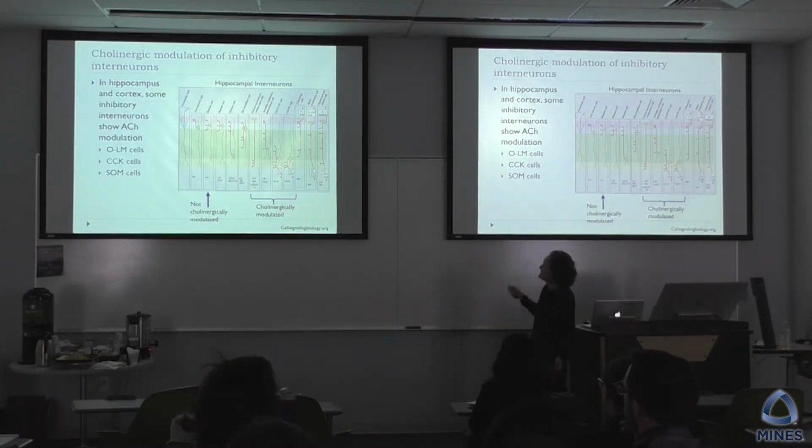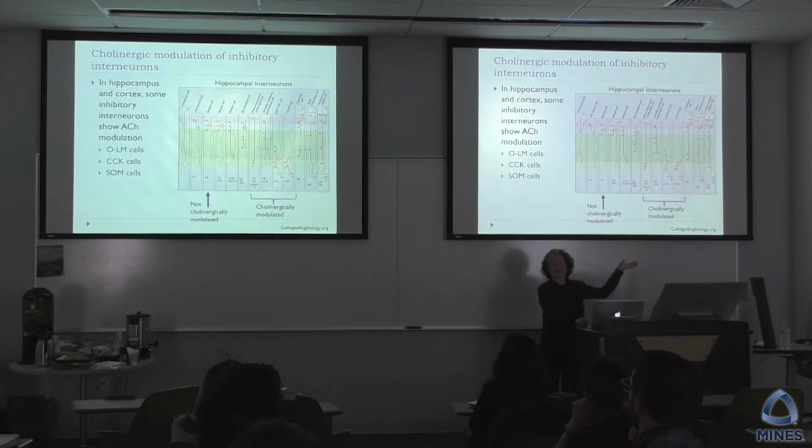have shown the same kind of cholinergic modulation that I showed you before, which was shown for excitatory cells, meaning changing their PRCs and changing their excitability. So this table just talks about all the different types of inhibitory cells in the hippocampal networks, and I've indicated which ones are cholinergically modulated. All right, so